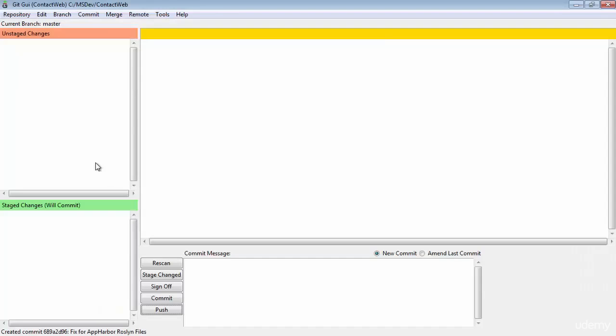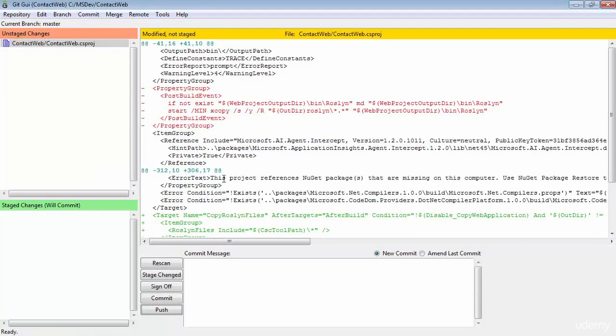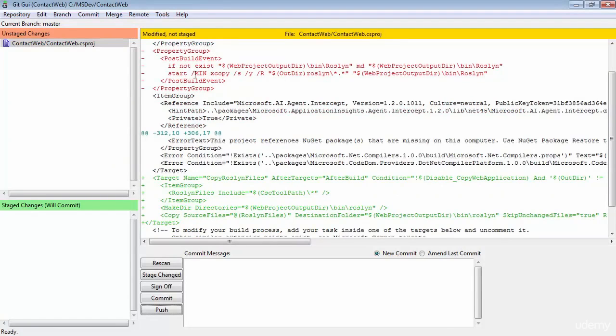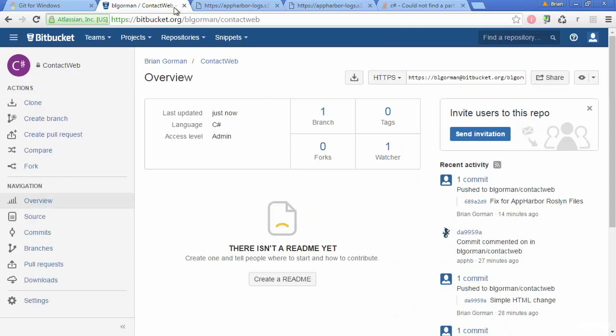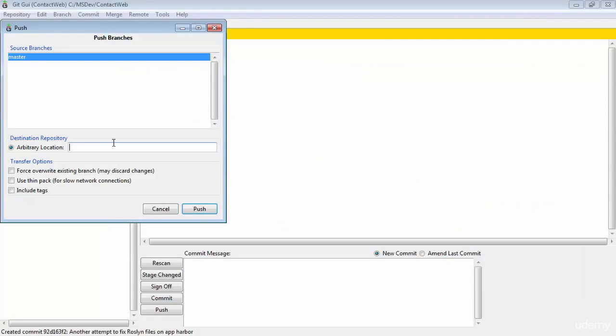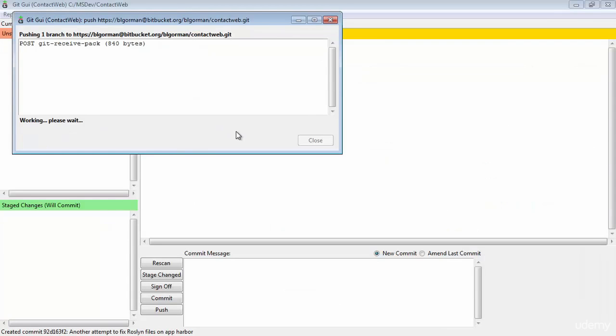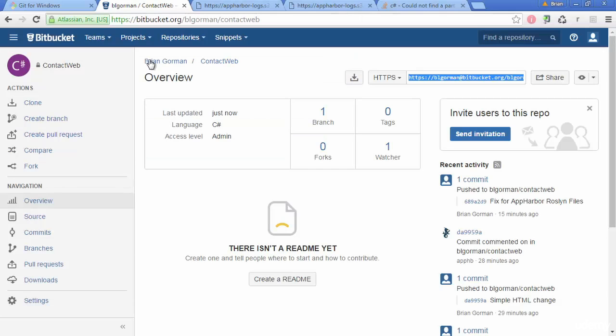So now once again we need to rescan. I'm going to hit F5. We should see the new change where it took out what we had in, put this in, and we may need to put this back in. We'll find out. Control I, and this is going to be another attempt to fix Roslyn files on AppHarbor. And we'll go ahead and commit that, push it, and again we need to grab our URL for this. And that was successful, so let's see and make sure it pushed. So here's another attempt,